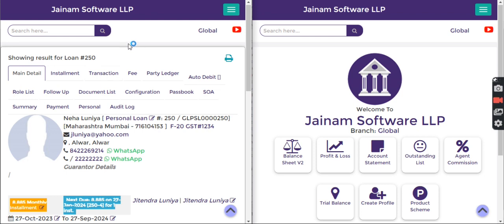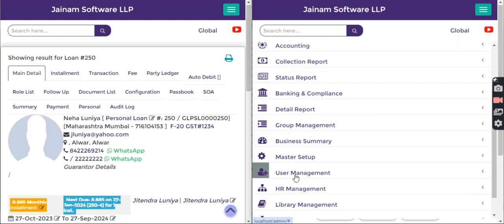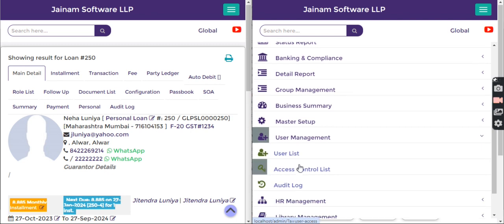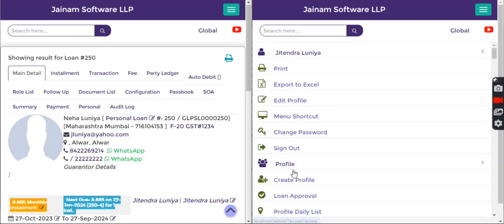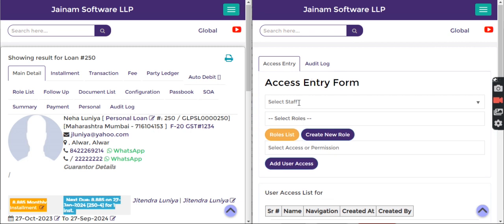Now, when you give access to your staff, they may not see all these tabs, because you will have to provide the access to view the tabs to the staff. On the right side, I can explain how to provide the access. User management, access control list, select the staff,